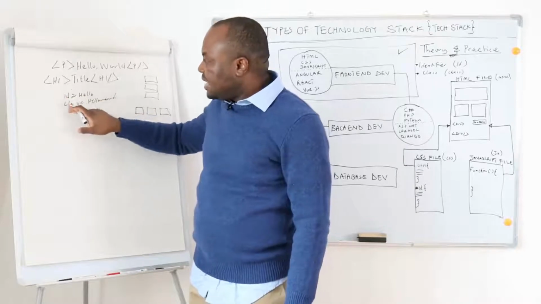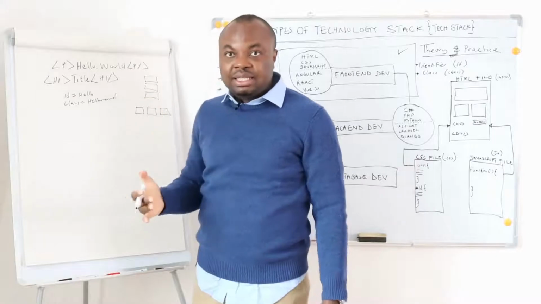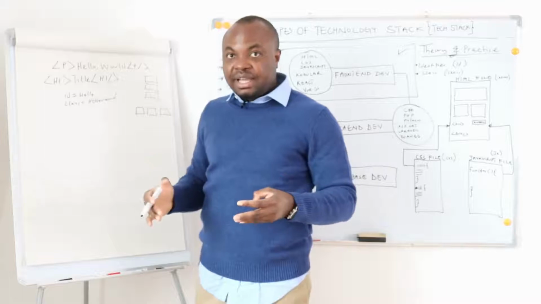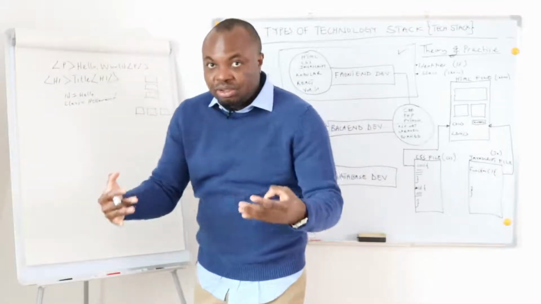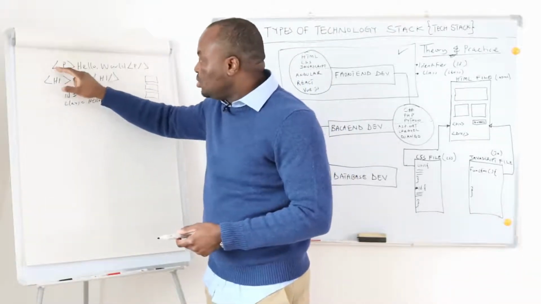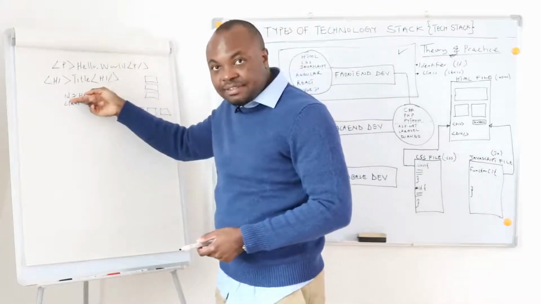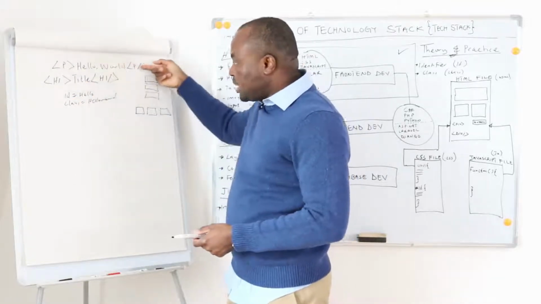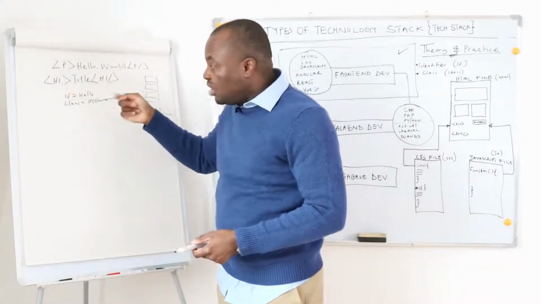These class and ID are the properties of every element. So every element has a property called a class and an ID identifier, and these properties are used to identify that particular element. For example, if I want to make a reference to this hello world in my CSS, I can use its identifier or its class. The same thing, if I want to reference this paragraph in my JavaScript, I'm going to use the identifier or the class.